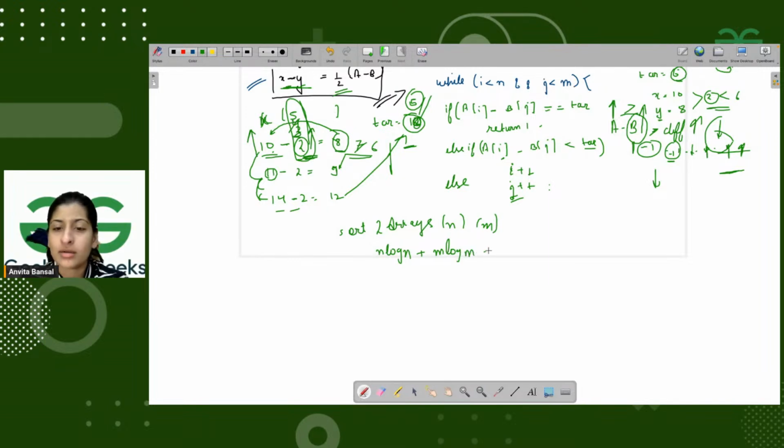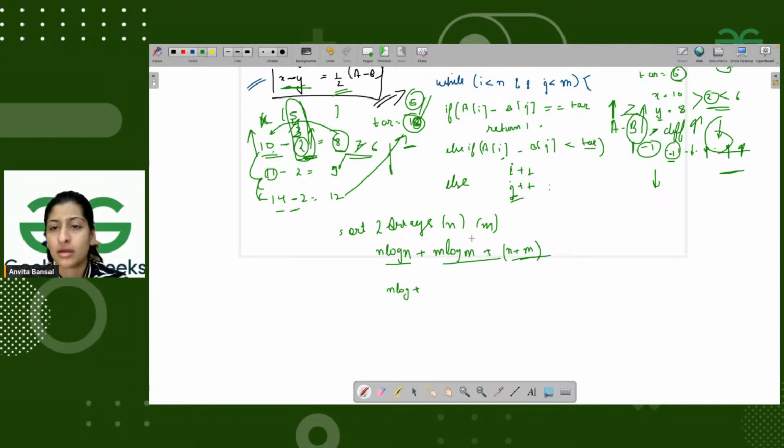And then you are running a while loop, in which, in the worst case, you will go through the entire array of a and b, right? So what would you consider? You can ignore these smaller values and it would be of n log n